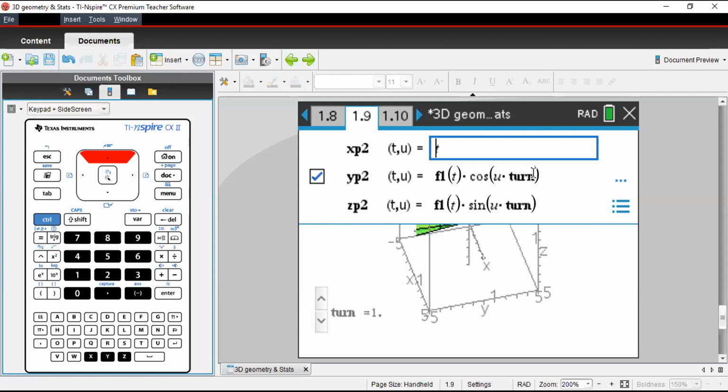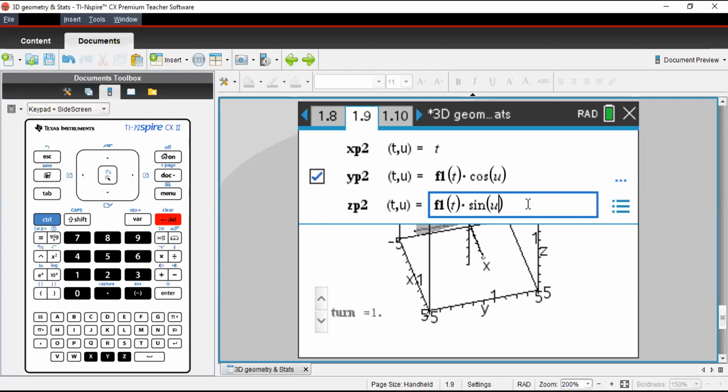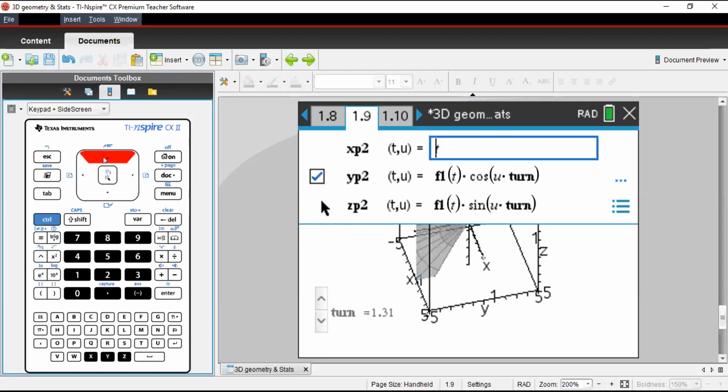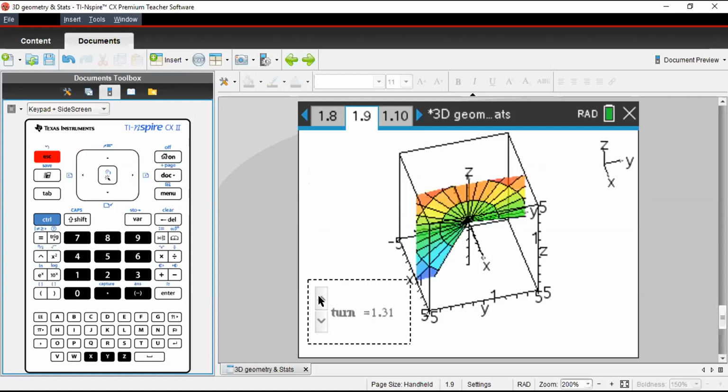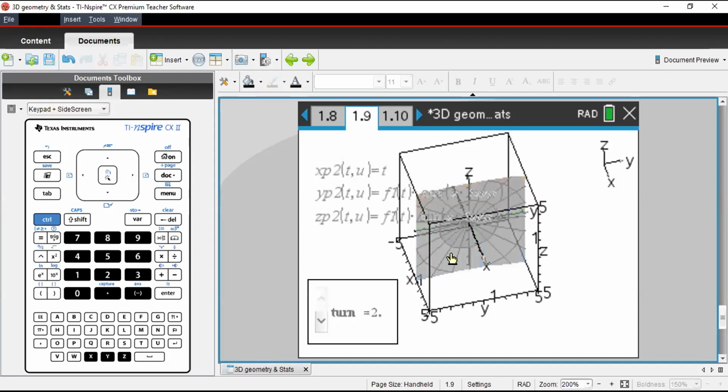If I don't mention turn over here, or if I don't define my slider with the equation, even if you use the slider, let me just show you. If I just remove the slider thing from my equation and just press enter, even if I'm moving the slider, it doesn't change. So if you define it in the equation, only then the slider gets activated, else it doesn't get activated. So when I am rotating up to 2, it completes the whole rotation.